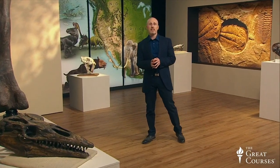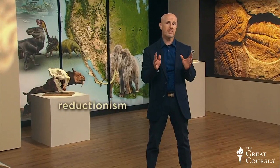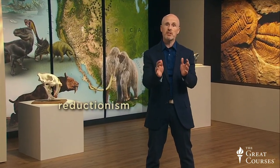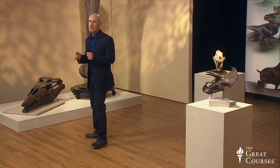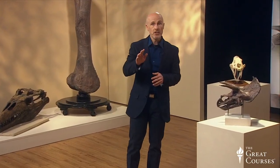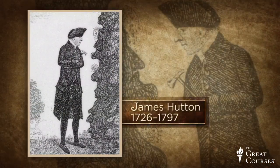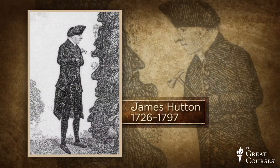Paleontology as a modern science is a relatively new discipline with its roots in the European Enlightenment of the 18th century. At this time, reductionism, an approach to understanding nature by reducing it into smaller, simpler parts, and scientific rigour were hot intellectual movements of the day. It was in this environment that paleontology and geology would grow and become sciences in their own right. It's from early pioneers like James Hutton here that we get much of the common core of the way we